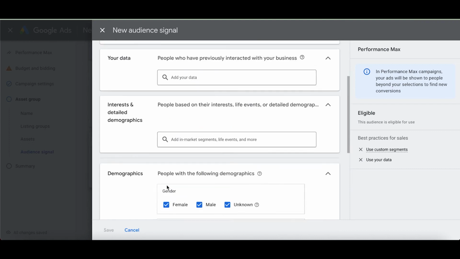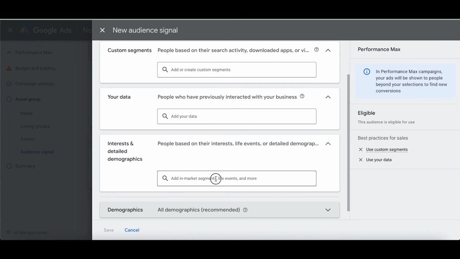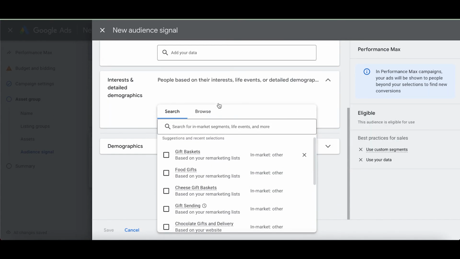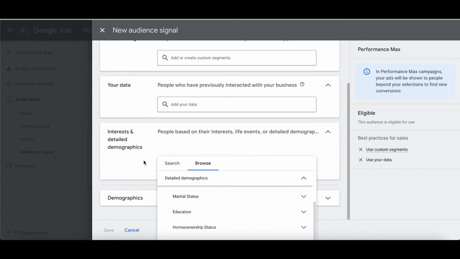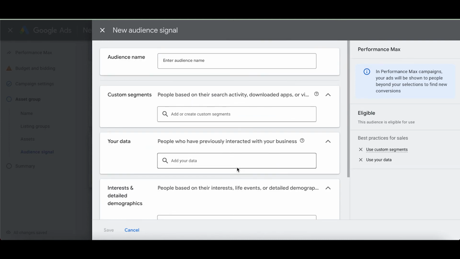There are human inputs that are necessary here. And then interest and detailed demographics. So this is going to be your in-market audiences. This is going to be education, home ownership status, those kinds of things that we're used to targeting. So it all turns all of these different audiences into a combined audience or an audience signal that